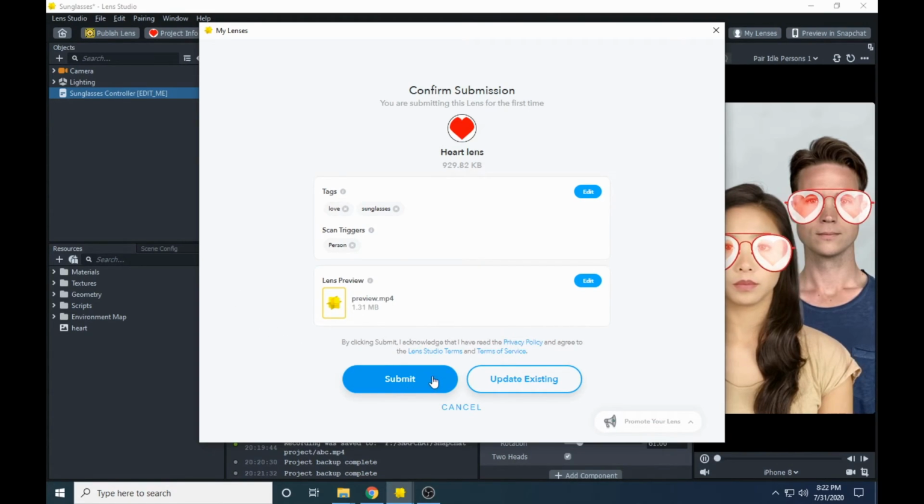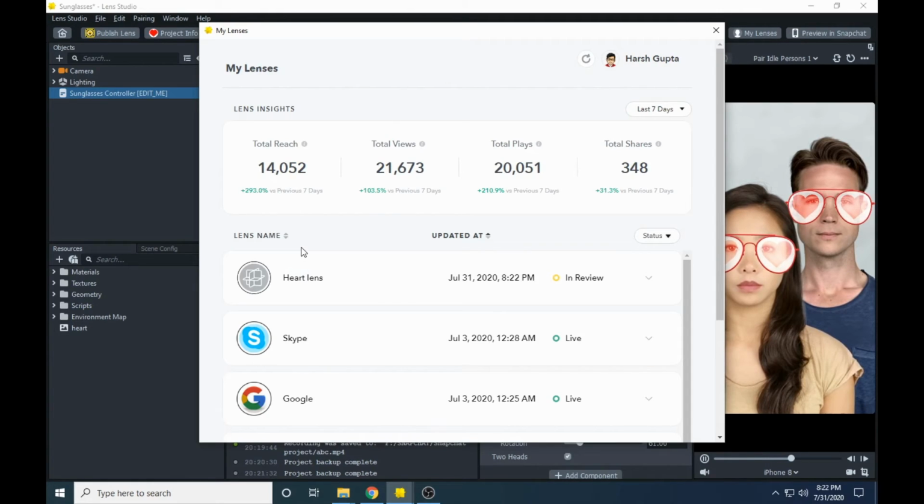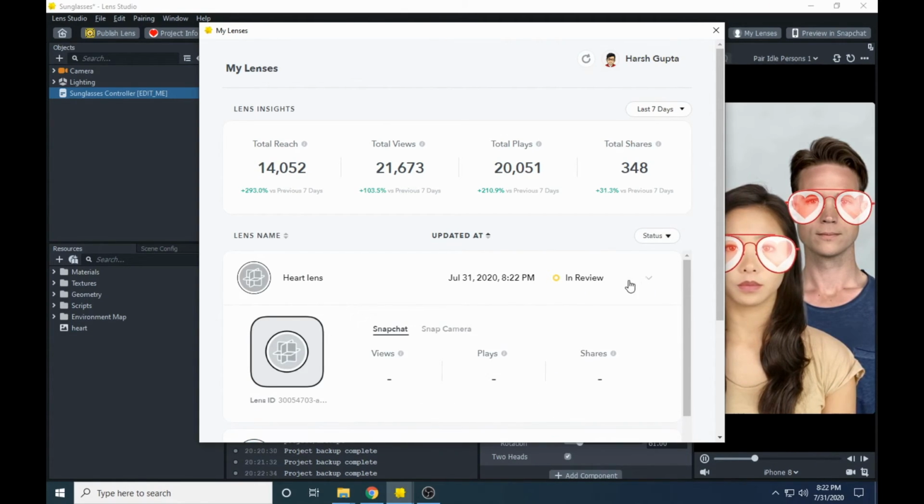Alright, so we will click this submit button to publish it on Snapchat. It will take a little time. So here is our lens, heart lens. It is in review on the Snapchat server. You can see it is looking gray.